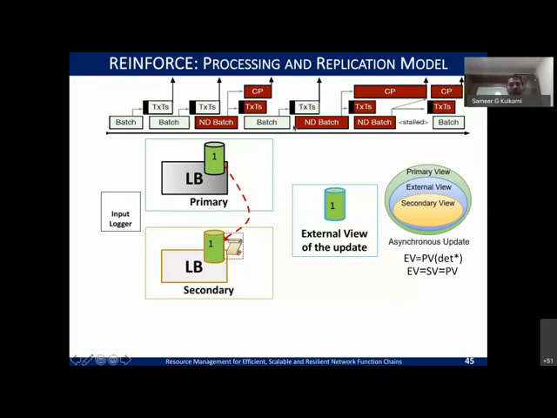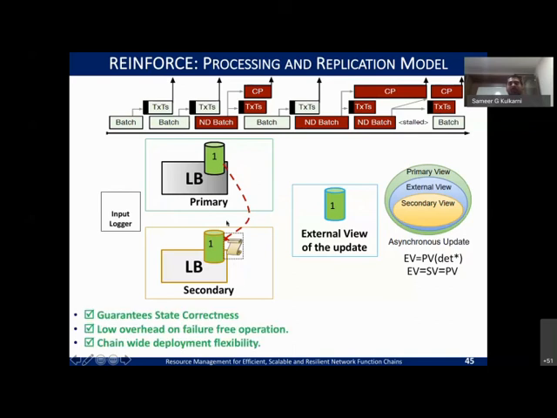So that's how you start to see that you can not just guarantee the correctness in the way these packets are updated, but also, rather than stalling, you are able to process the green packets, those that are deterministic. Why? If they fail, you have a chance to replay and rebuild the state.